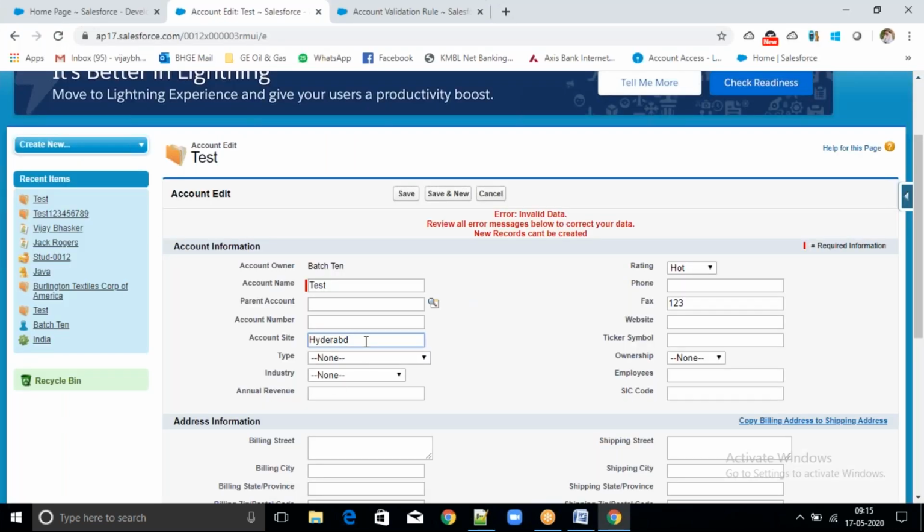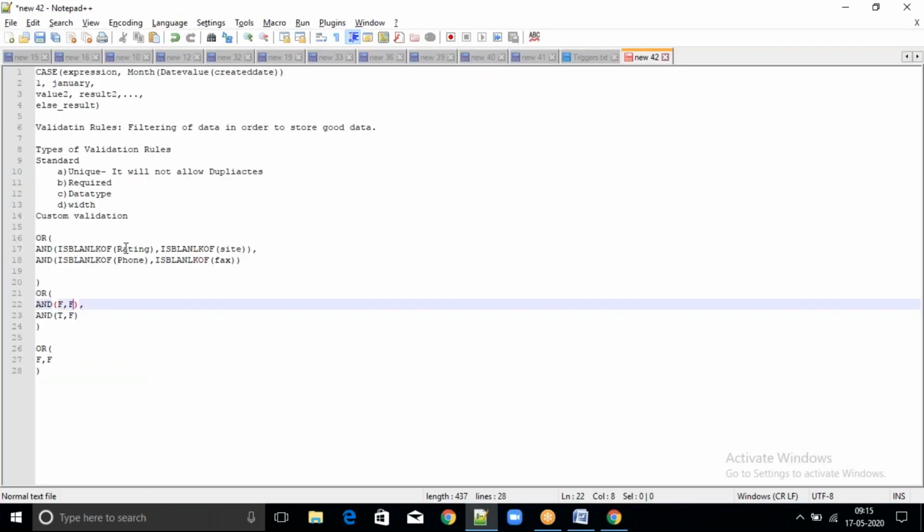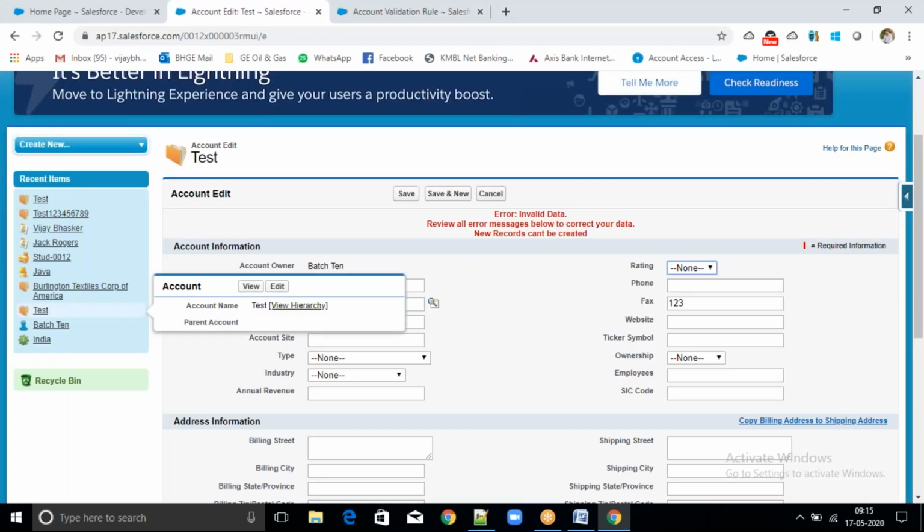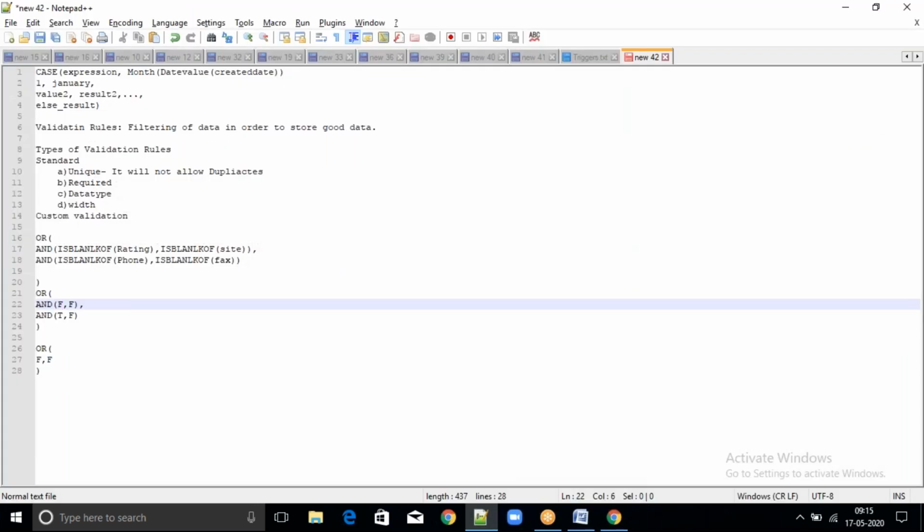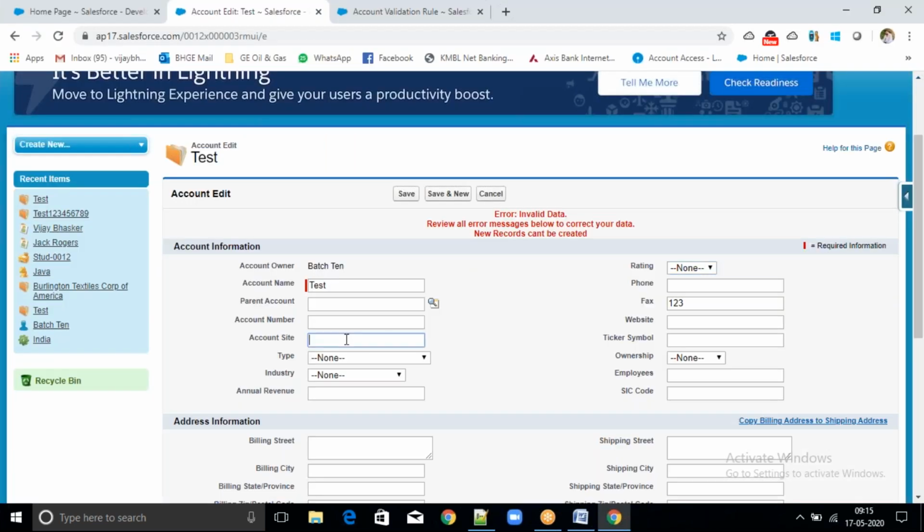So I will remove this one, as well as I will remove rating also. Now what will happen? Is blank of rating? True. Is blank of site?